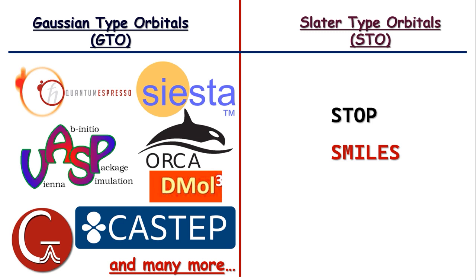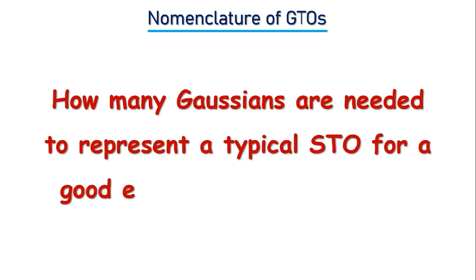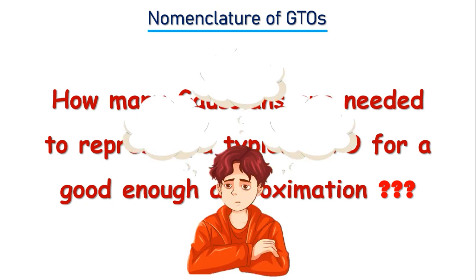Now, just one little thing about the nomenclature of GTOs. But before that, tell me, what do you think? How many Gaussians are needed to represent a typical STO for a good enough approximation? Please pause this video now and write your answer in the comment box if you are seeing this video for the first time. I just actually want to see how synced we are, as when I first learned about this,